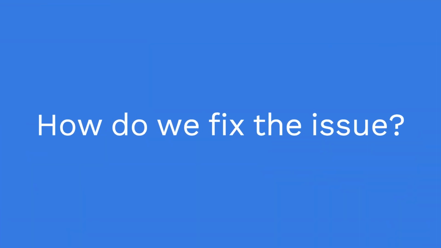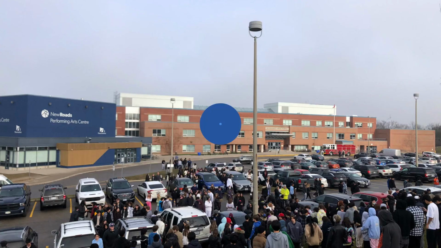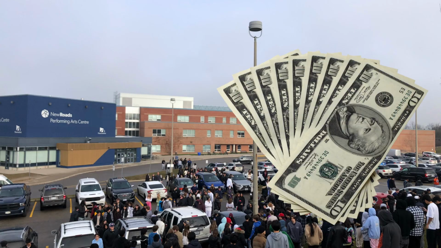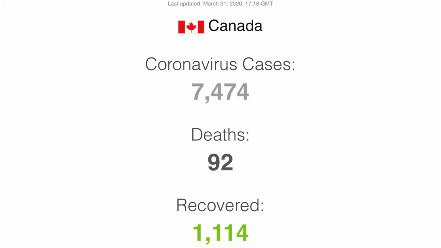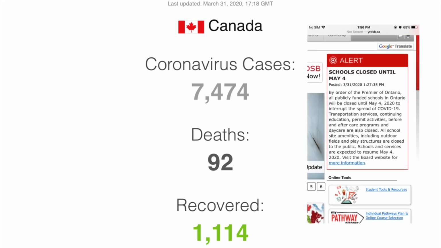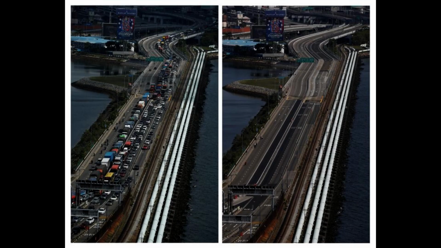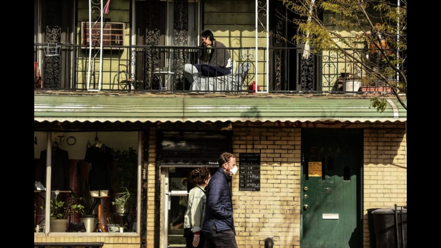So, how do we fix this issue? It's really quite simple. However, it requires a lot of education and investments. First, during COVID-19, which you may have heard of, many people began to work remotely, taking cars off the road. This made people more willing to go outside because fewer cars were on the road, making it safer.